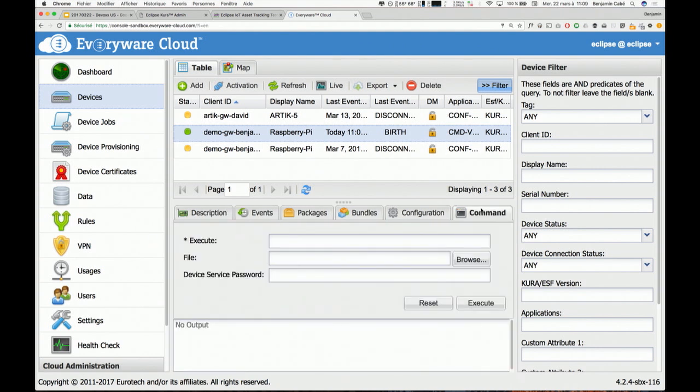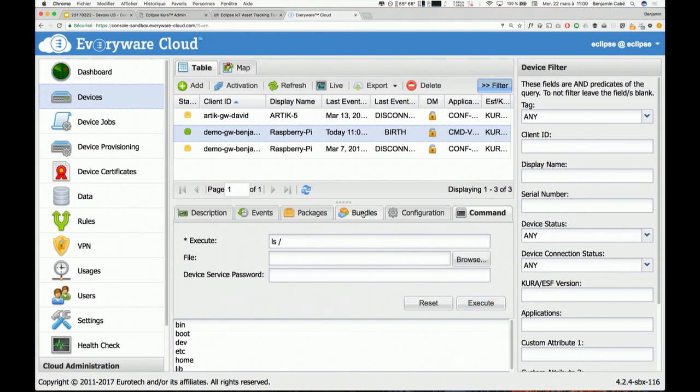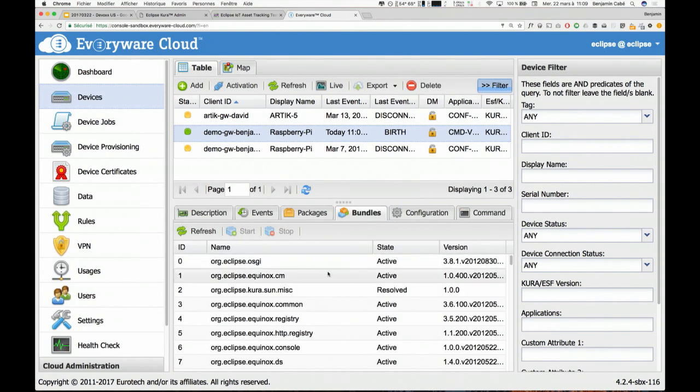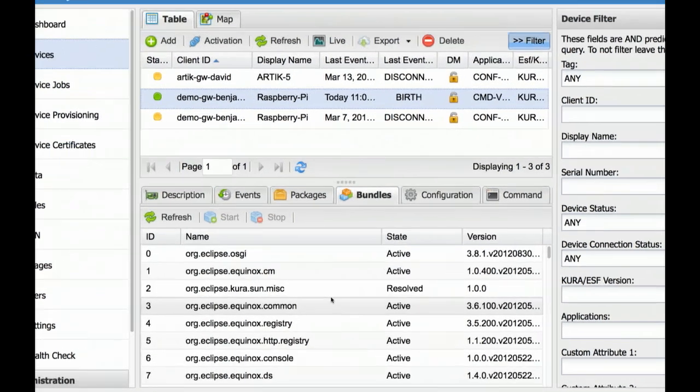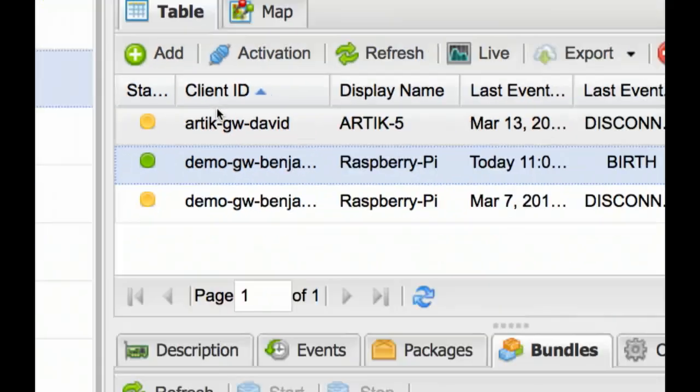Here, that would be from the cloud, accessing the very same service that we saw earlier, executing the command and getting a result. Trying to check what all the software bundles are that are running, just like I did earlier. I can do that over the air. And as opposed to doing it on one gateway, here I can do it across all my, 3 apparently.